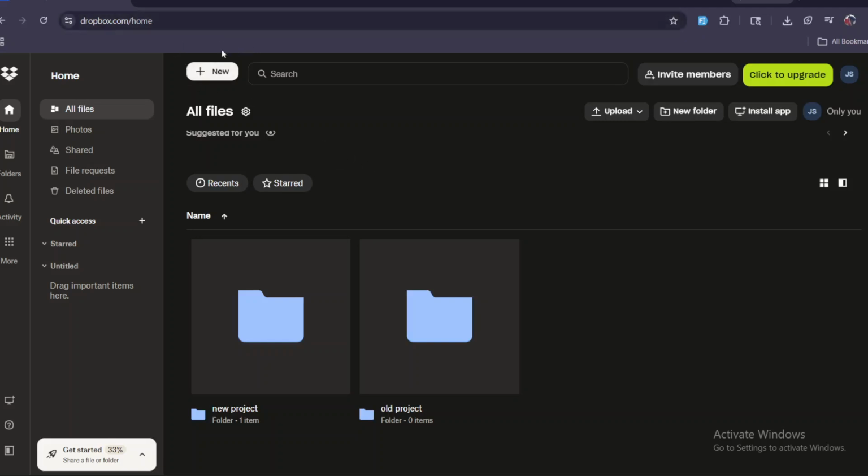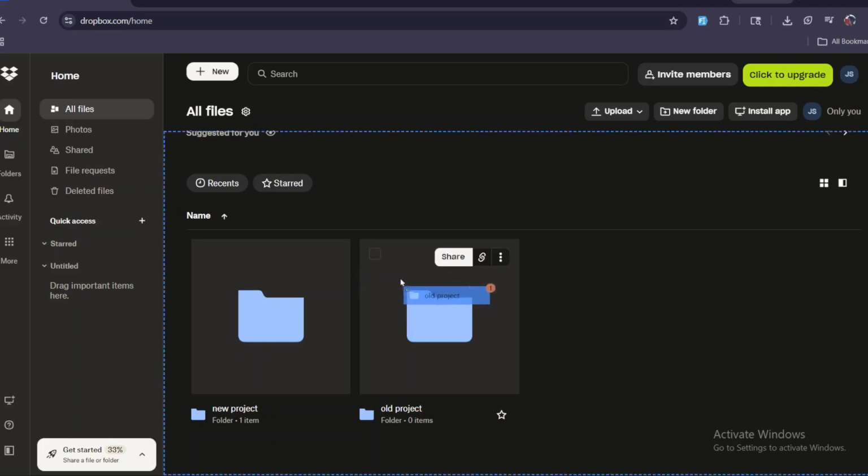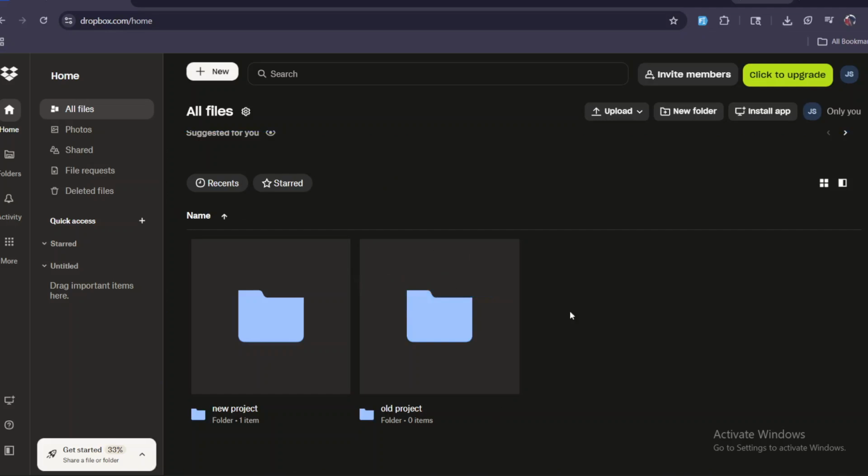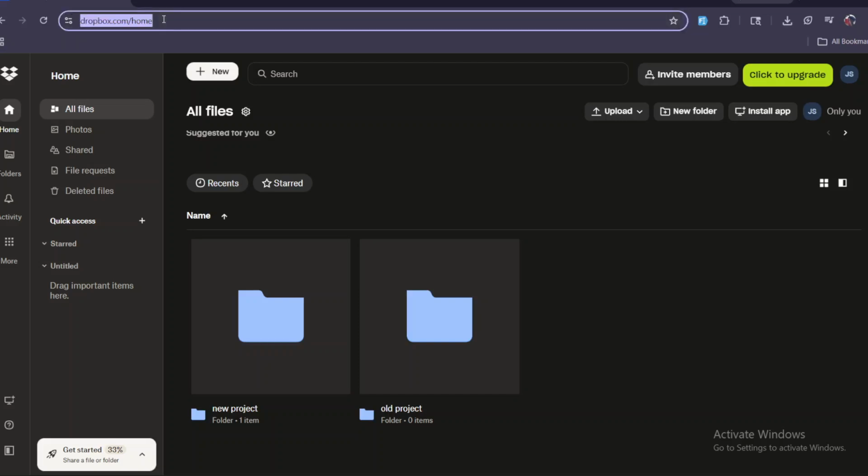So here is the plan. In this video, I will walk you through how to move any file or folder in Dropbox using just a few clicks. It is really straightforward. And by the end, you will wonder why you ever did it any other way. Let us dive in. Alright, so the very first thing you want to do is head over to the Dropbox